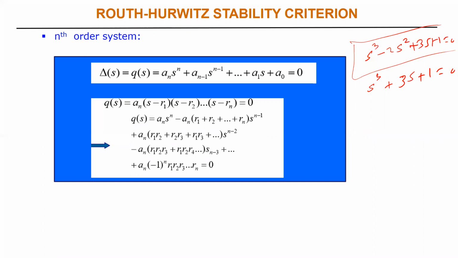So, Routh-Hurwitz, this is a necessary condition. All the coefficients must be of the same sign. This is necessary, but not sufficient. Meaning,